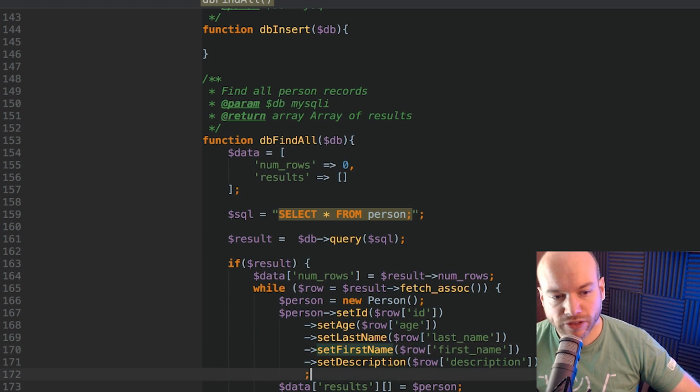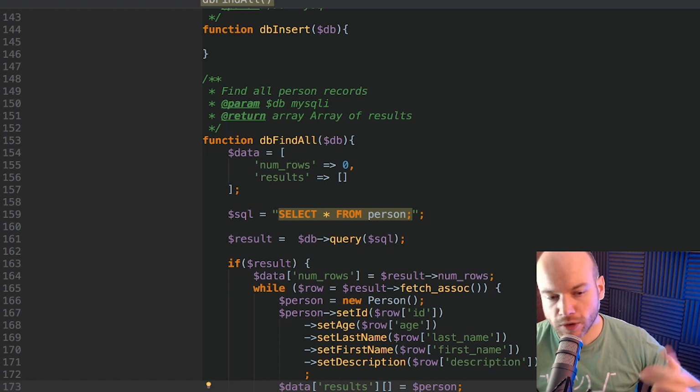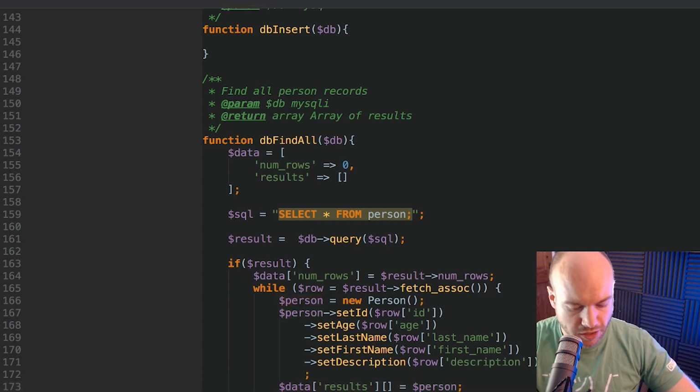After that's done, after we've created the person class, we then add each person as a new index to results. So results, a new index, so that's going to be like 0 for the first one, 1 for the second one, 2 for the third one, and so forth, and it's going to be a result. So what I can do under here is just do a var dump again of items, and we're just going to kill that, okay,